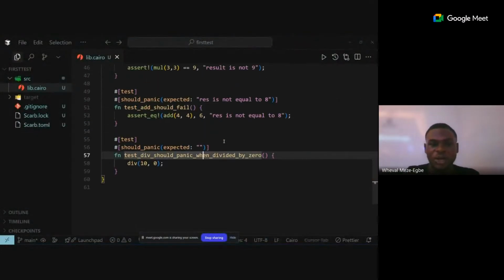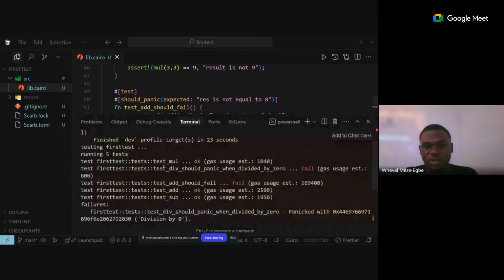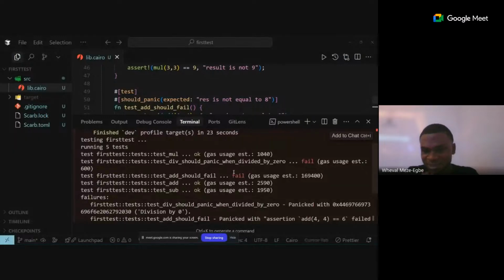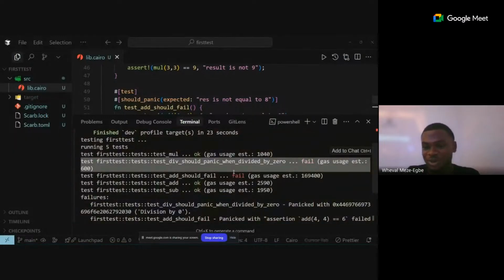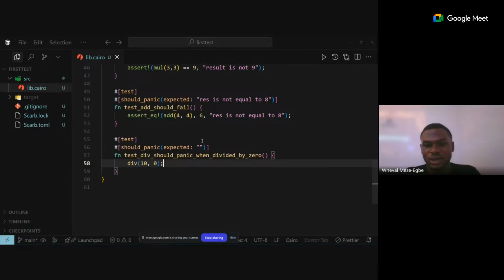So now we expect this test to fail, right? We expect this test to fail for what reason? For the panic, because we're dividing by 0. But now this test is failing. Our test that we expect to fail is failing for different reasons. Why? Because we do not put an expected